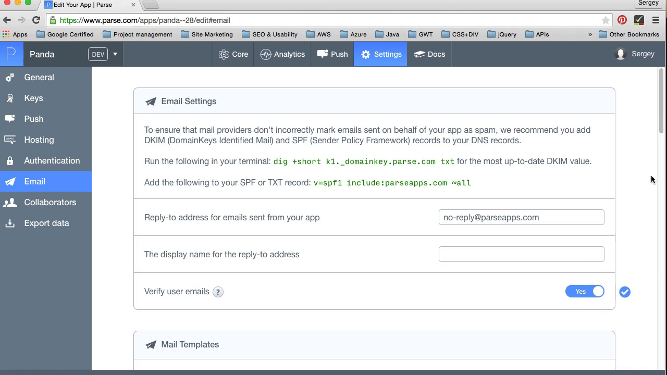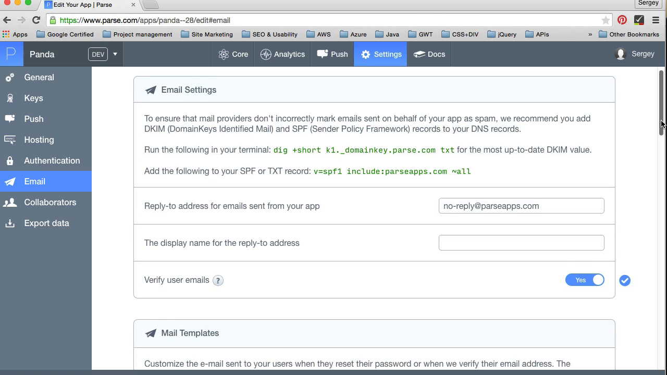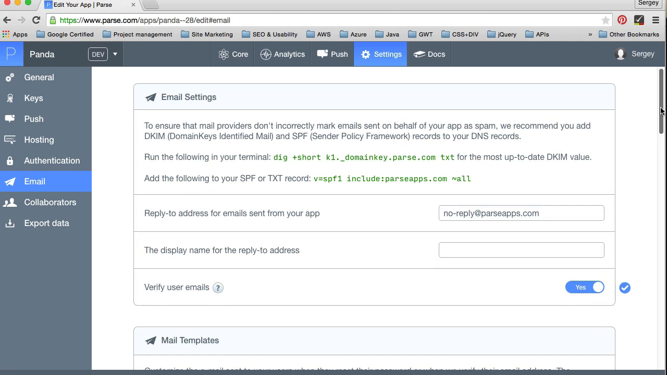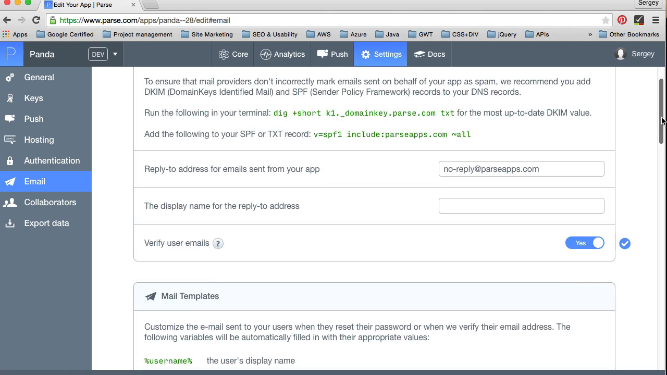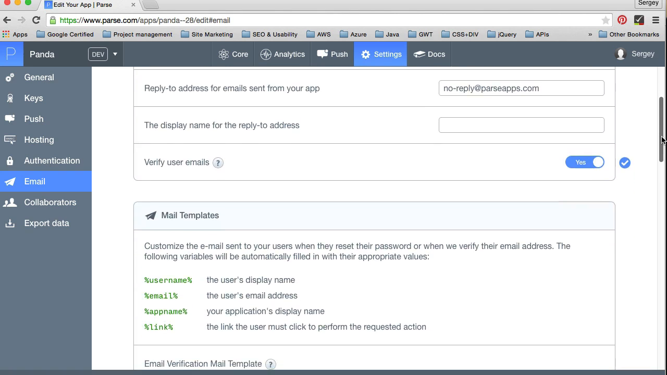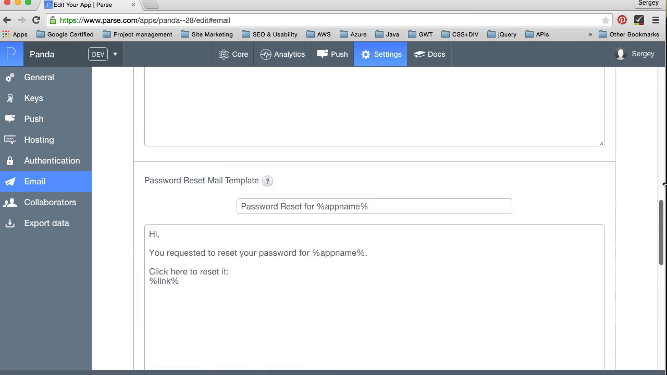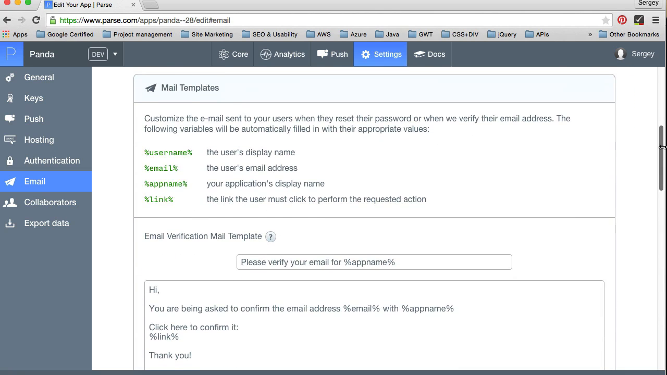And once you do this, this instructs Parse to start sending email messages to every new user who signs up with your application. If you have existing users, it won't send anything to them, only to a newly registered user. And the email message that Parse will send to a newly registered user is right here below. It lists down a number of mail templates, but the very first one is to